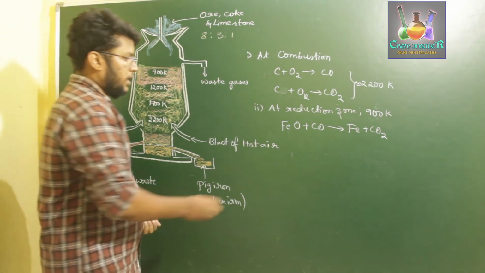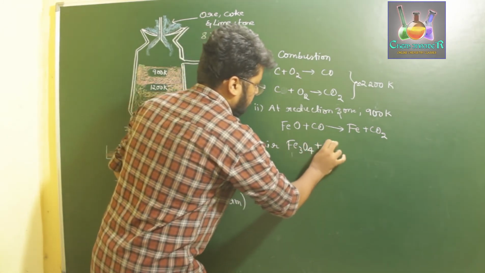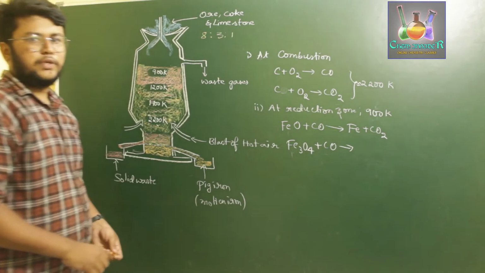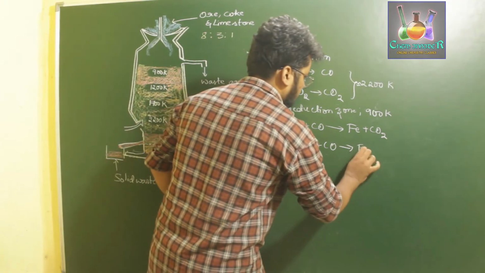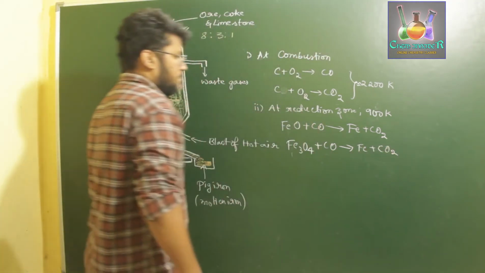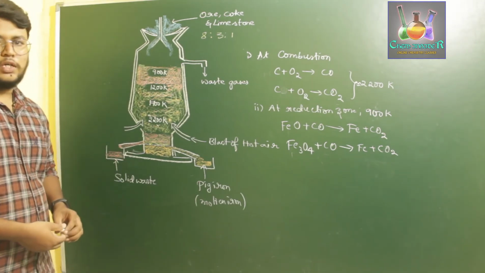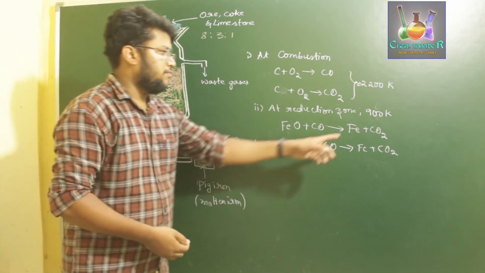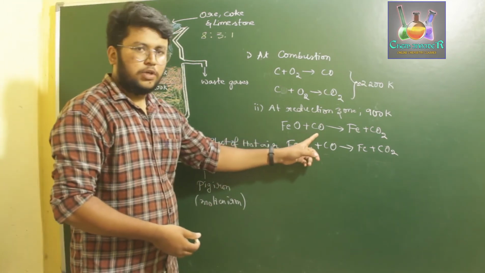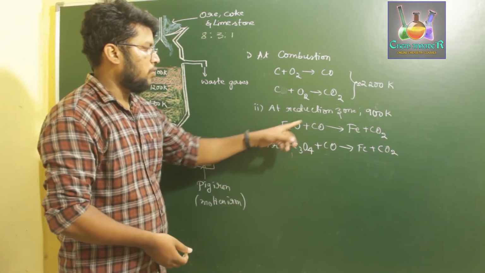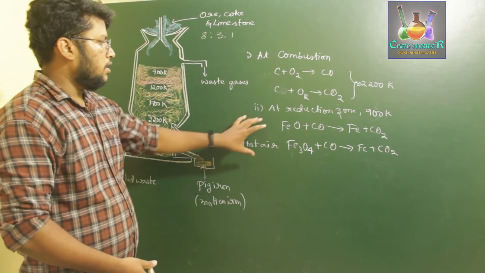Further, we have more reactions such as Fe3O4 further reacting with carbon monoxide to form Fe with 3 molecules of carbon dioxide. So these are the various reduction reactions happening at the reduction zone at 900 Kelvin. At this temperature range of 900 Kelvin, which is below 983 Kelvin for carbon monoxide, it acts as a strong reducing agent. Hence, it reduces FeO to Fe and CO2. So this is the reduction zone.